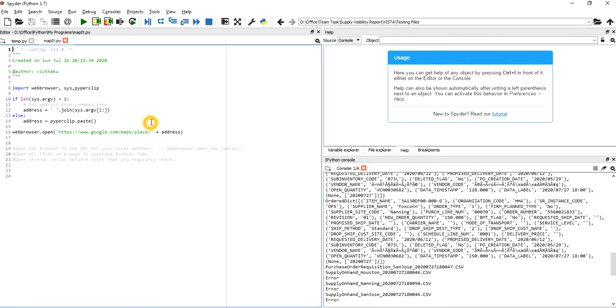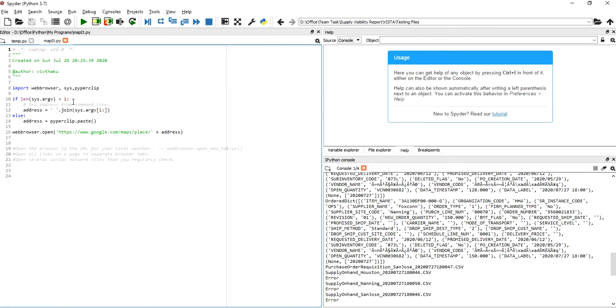So if you see this, this is the program. The program is Mapit. What it will do is import the webbrowser library of Python, then the sys library of Python, and the pyperclip function, obviously for the copying and pasting part. So it's a very simple program. You put the address in the browser with your program name. If you have seen my previous videos, you would know by now how to run a program with an argument from the command line. So we will be doing that too today, and that's how we'll be launching this.